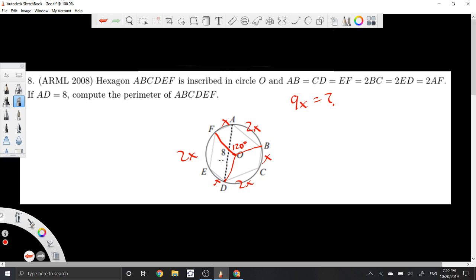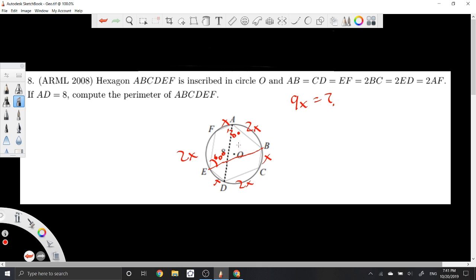And so what this actually gives us is if we draw this BE, then this angle is half of FOB, so it's 60 degrees. And now we have a cyclic quadrilateral AFEB. We know FEB is 60 degrees. So we actually know that this is 120 degrees. And so at this point,